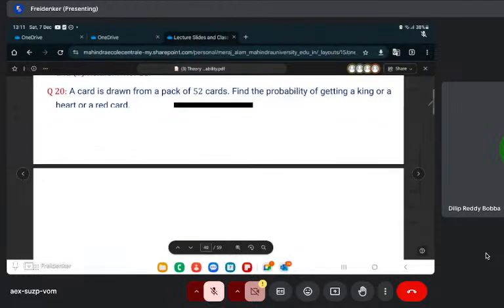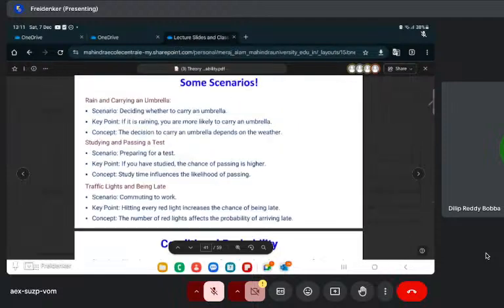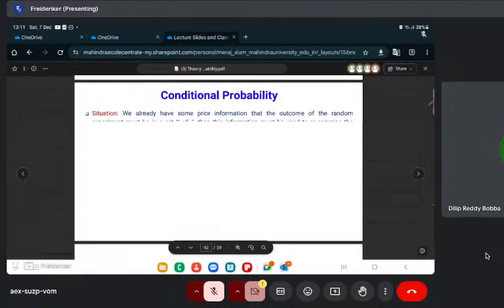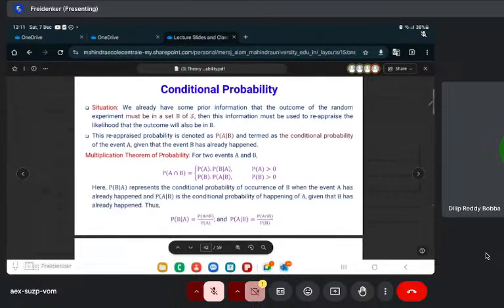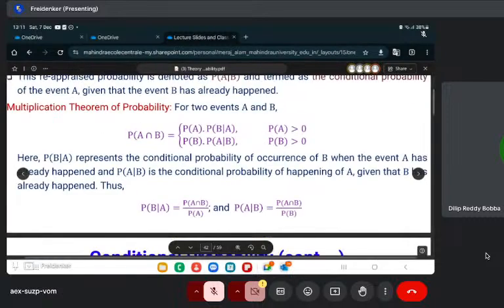Okay. Nice. Beautiful scenarios. Okay, this is there in the syllabus. Conditional probability. So probability of A given B is nothing but probability of A and B divided by probability of A. That is conditional probability. But multiplication theorem is probability of A intersection B is nothing but probability of A into